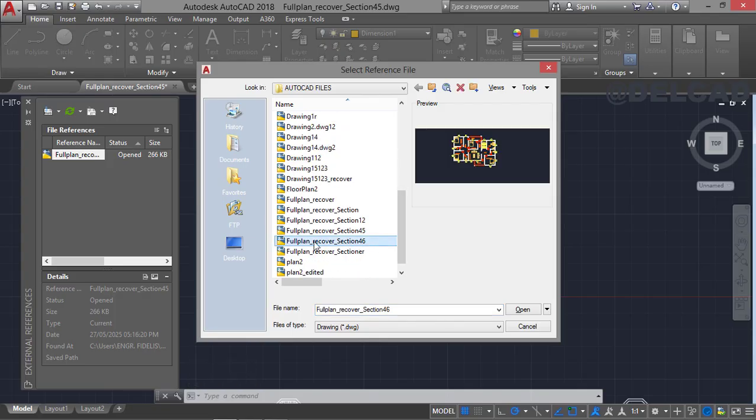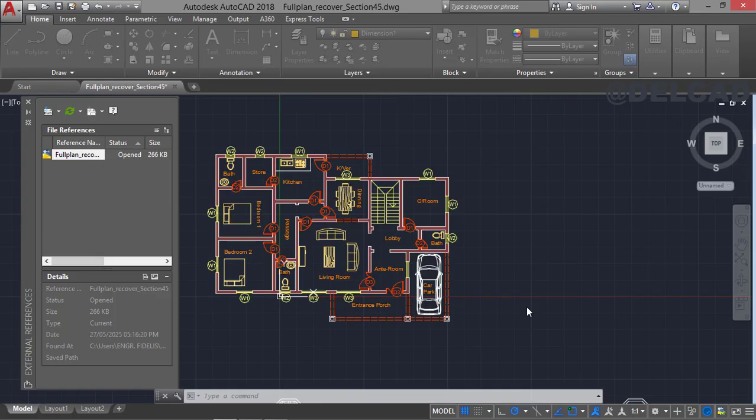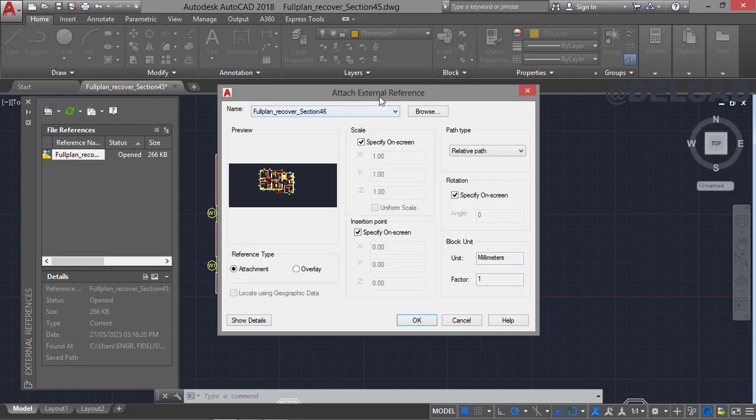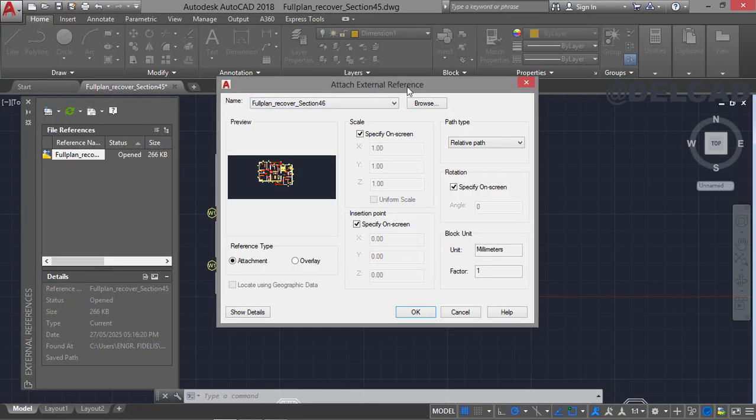So this is floor plan recover section 46, which we saved as the new drawing. Remember, it was the old plan, or the ground floor, that we saved or opened in AutoCAD. So now we're going to attach the new plan to the old plan. Go ahead and click on open, and after that we are going to have this attach external reference dialog